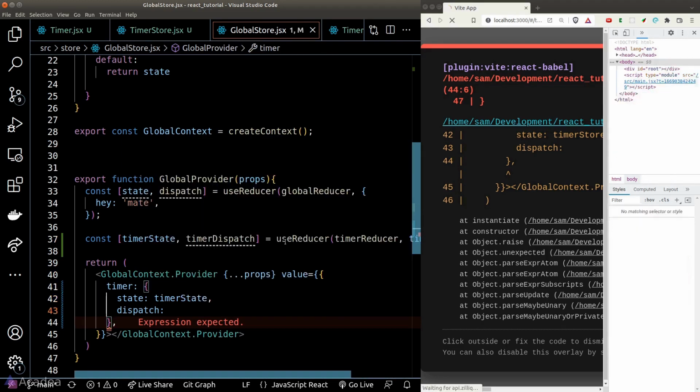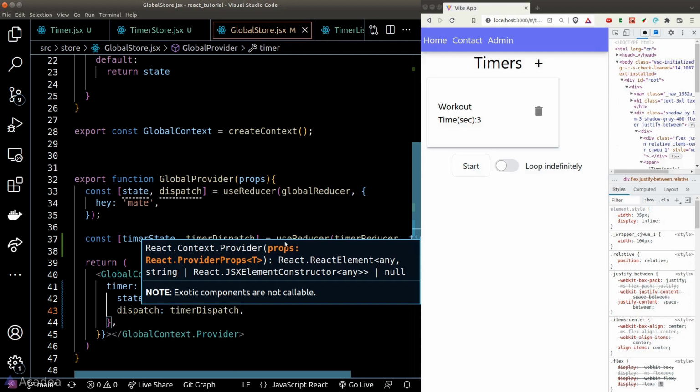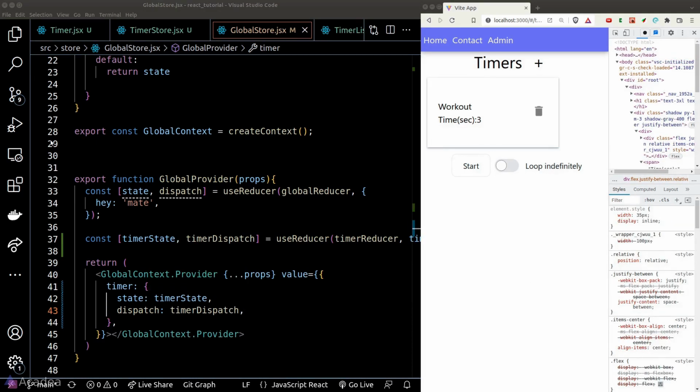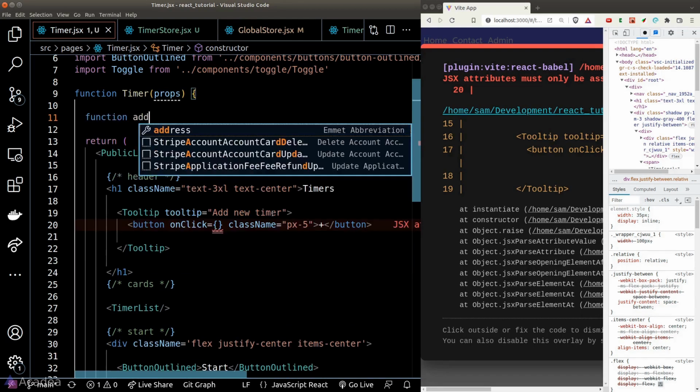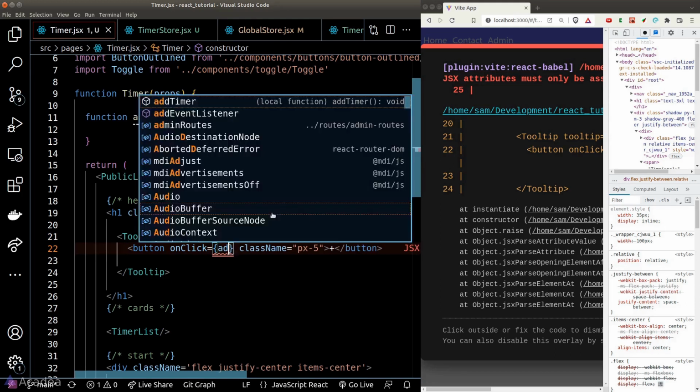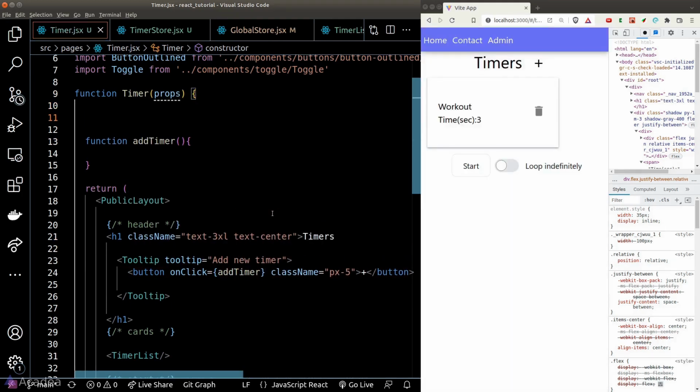And pass the return state and dispatcher function into the provider. And now we've got access to the dispatcher function, we should be able to add more items into the timer array in the store. We'll go back to our timer page and add an event listener to the plus icon. We will call it addTimer, and within the event listener, we need to trigger the dispatch function from the timer